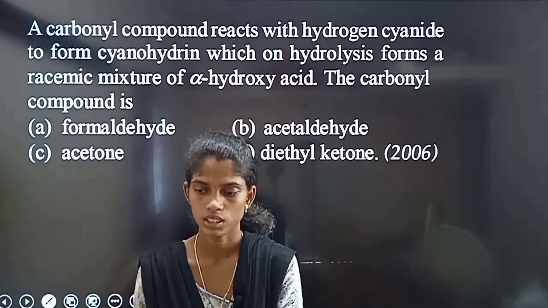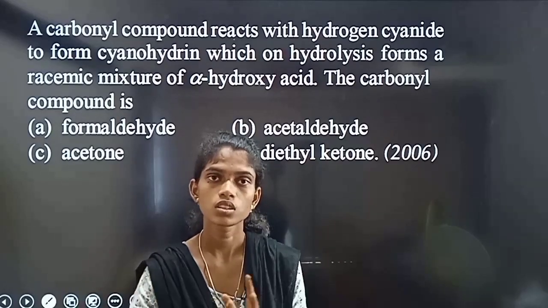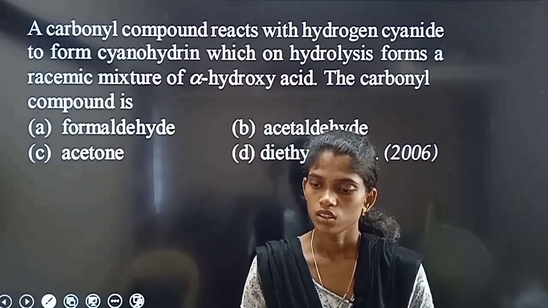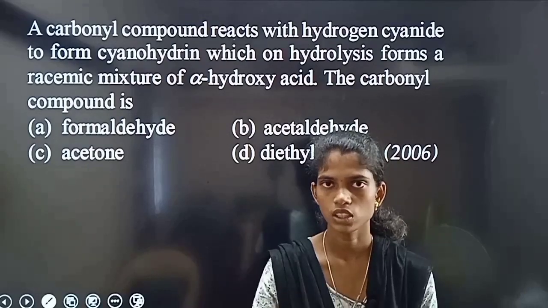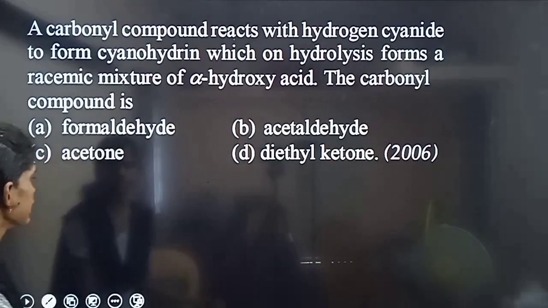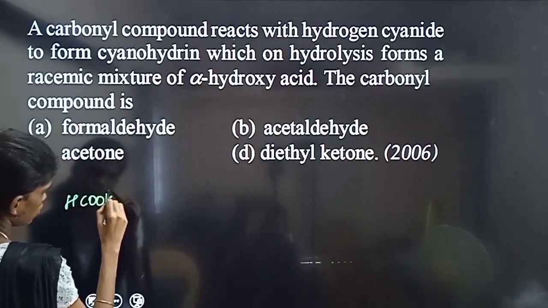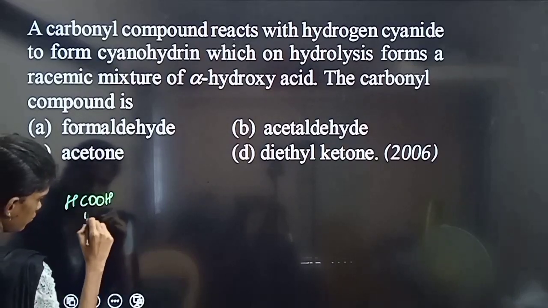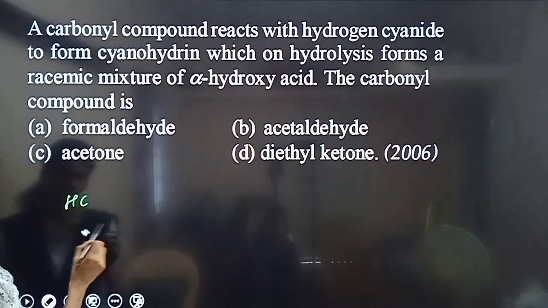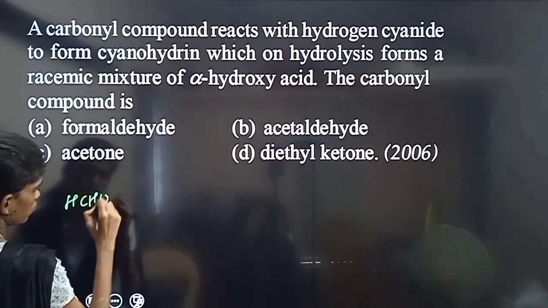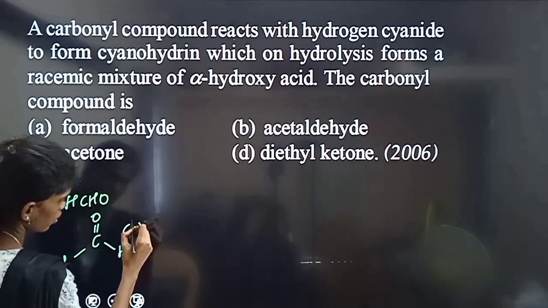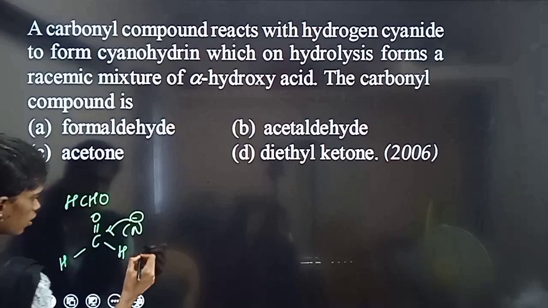The carbonyl compound is, அதாவது இப்போ வந்துட்டு ஃபார்ம் ஆகிற ப்ராடக்ட் என்ன ஒரு கைரல் கார்பனோட இருக்கும், அதனால தான் வந்துட்டு ரெசிமிக் மிக்சர் வந்து ஃபார்ம் பண்ணுது. ஸோ இட் இஸ் அ கைரல் கார்பன், ரெசிமிக் மிக்சர் ஆஃப் ஆல்ஃபா ஹைட்ராக்சி ஆசிட். ஸோ இதை வச்சுட்டே சொல்லிட்டேன், இட் இஸ் அ கைரல் கார்பன் உள்ள காம்பவுண்ட் அப்படின்னு சொல்லி. ஸோ ஃபார்மால்டிஹைடை எடுத்துட்டோம்னா CH2O, so cyano வந்துட்டு அட்டாக் பண்ணாலுமே it will form,